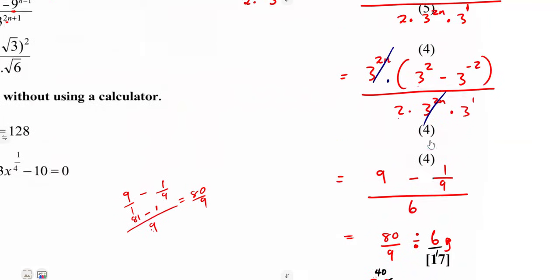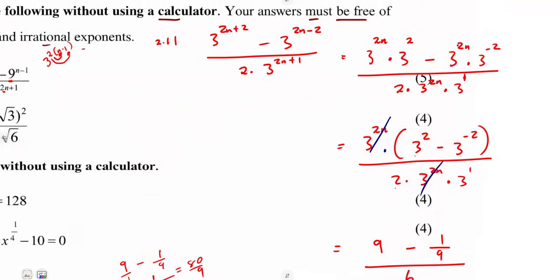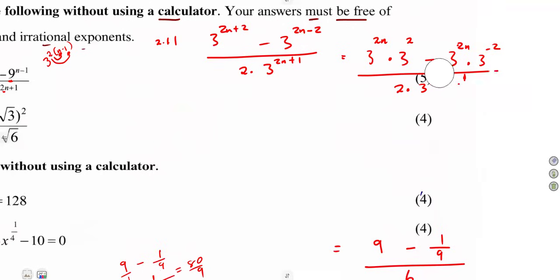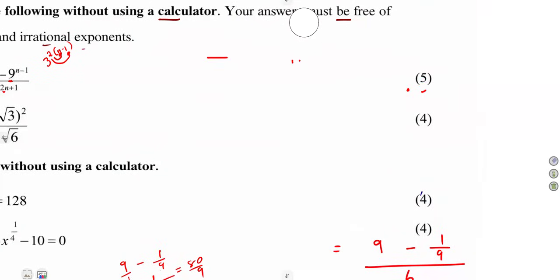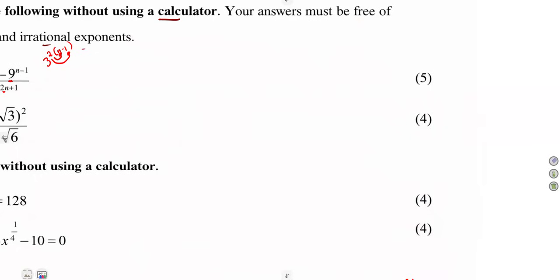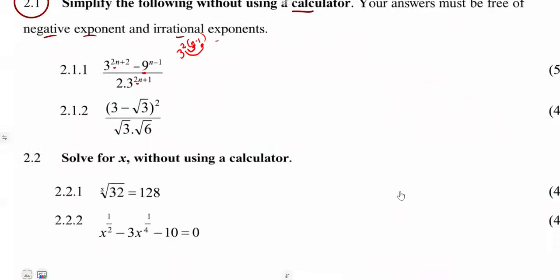All right, so yeah, these are some of the typical questions. They can be given in this manner. Just try to separate your terms, factorize where possible. All right,